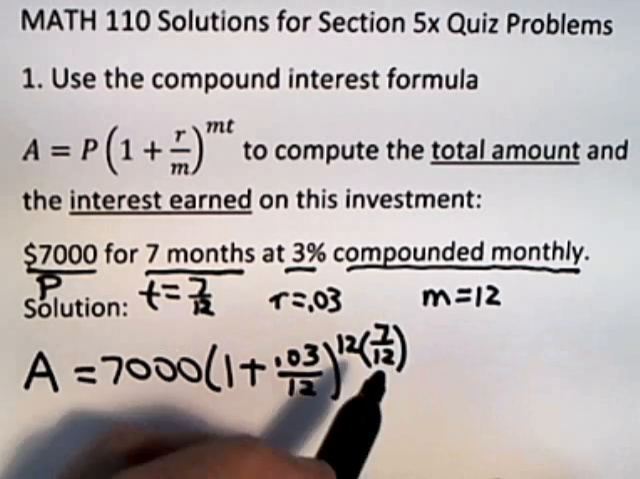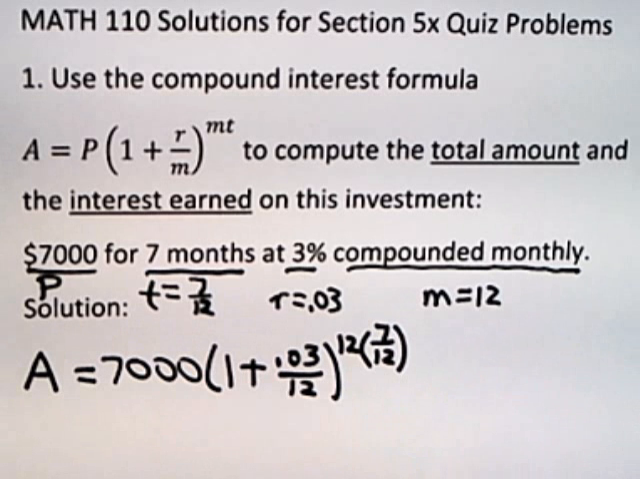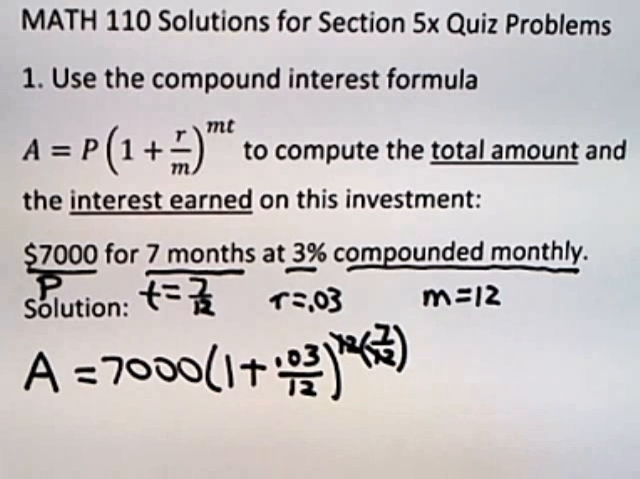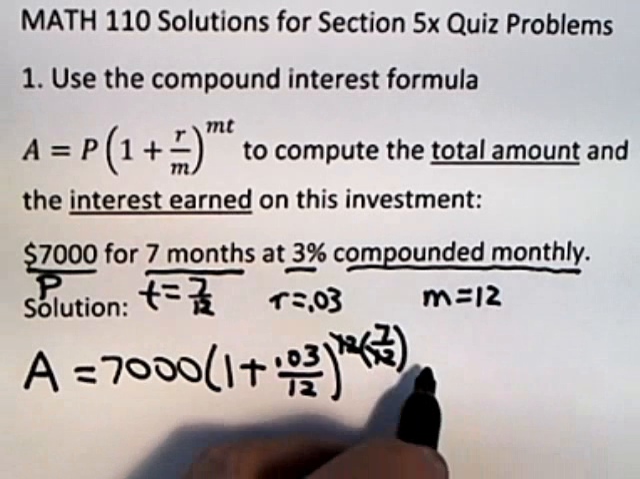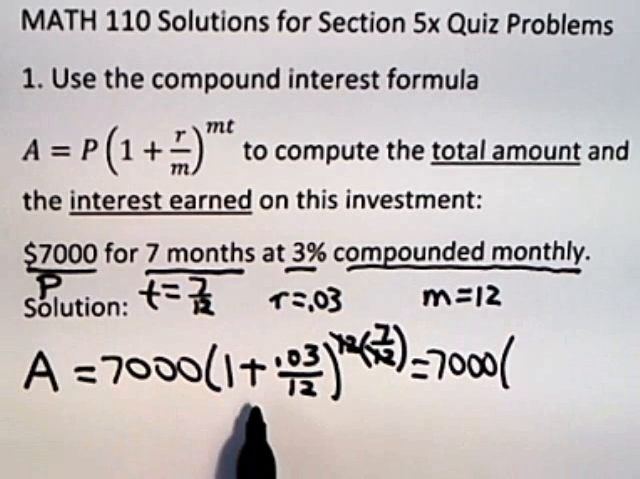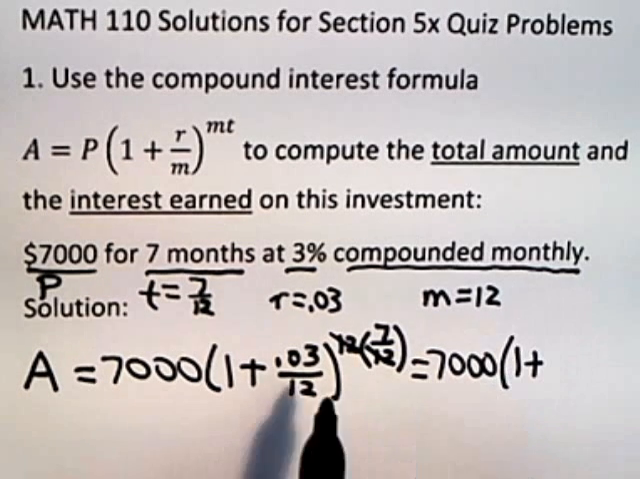7/12. Now, in some problems where this doesn't come out so nice, you might actually want to change 7/12 to a decimal, but if you do and it doesn't come out even, carry it out to lots of decimal places so you don't lose accuracy. But what you'll actually notice here is that the 12s will cancel and you just get an exponent of 7, which is very nice. So you end up with 7,000 times the quantity 1 plus, and when you take 0.03